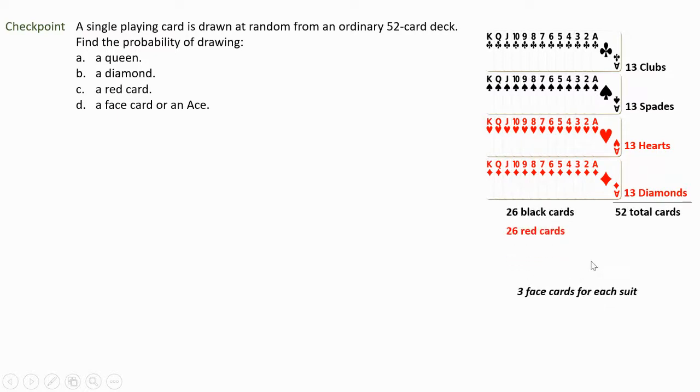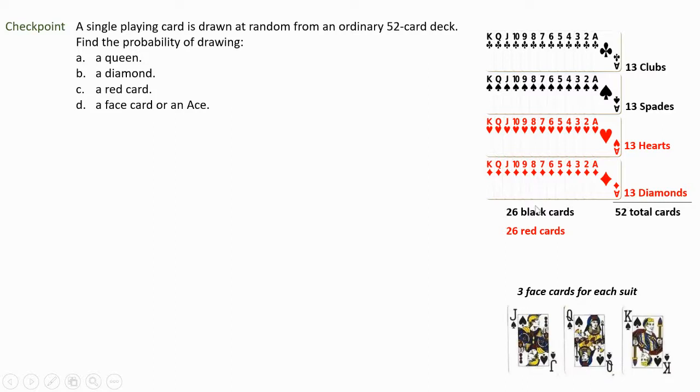Now, there are 3 face cards for each suit. What are face cards? Face cards are the cards that have a face on them. For example, the jack, the queen, and the king. You see, this is a jack, queen, king. That's why these are called face cards. There are 3 face cards for each suit, so there are going to be 4 kings, 4 queens, and 4 jacks because there are 4 suits. So there's a total of, right, for the queens,